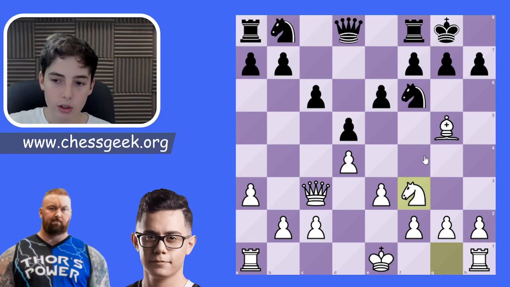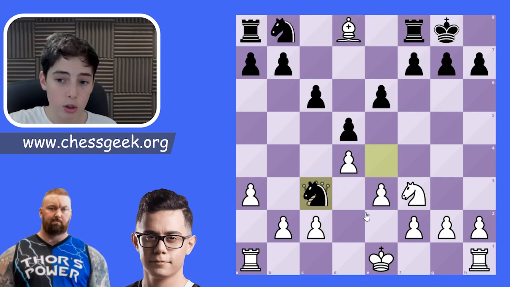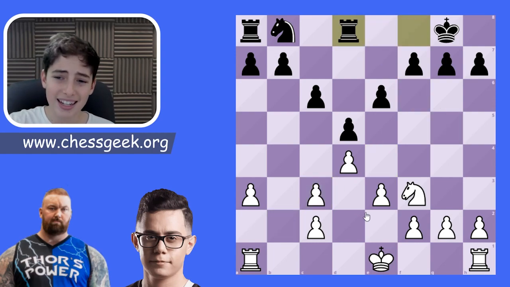Here, there's a very interesting idea, which is moving the knight to e4, because you are obviously allowing white to take your queen, but you're obviously hitting white's queen as well. So that's exactly what Hafthor decided to do. They traded queens here, and in the end of it, it seems like black has a nice structure here, but